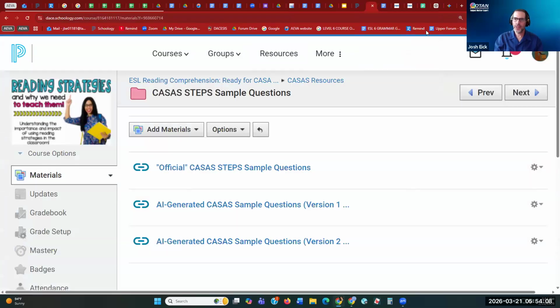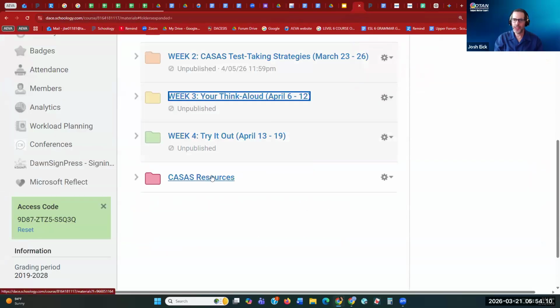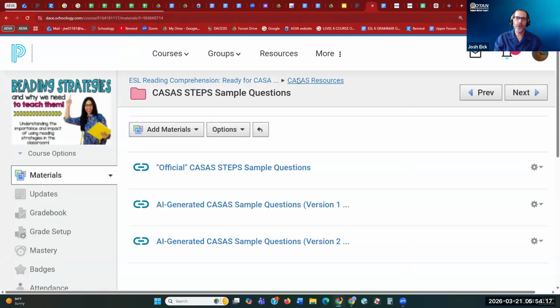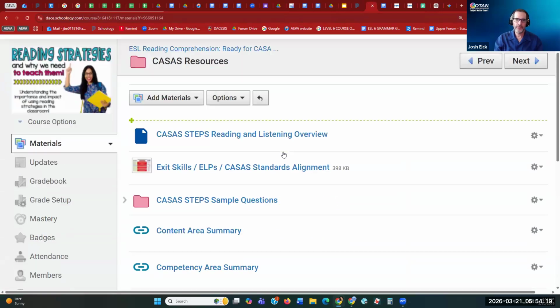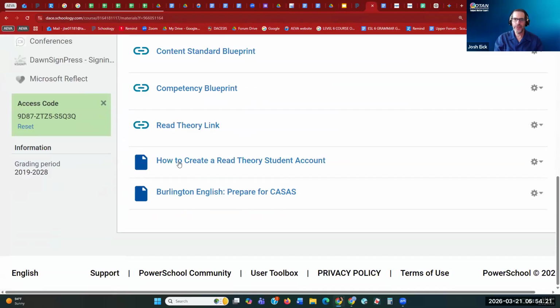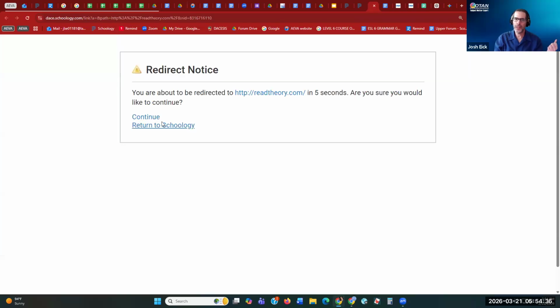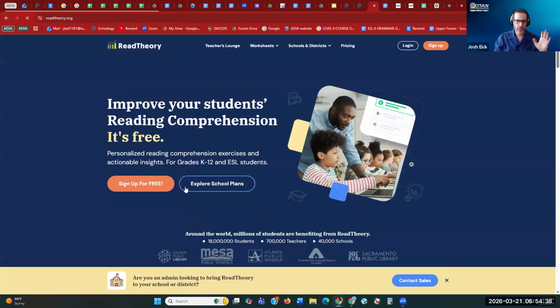In the CASAS resource folder, which is published, so everybody will have access right now, if you go to the bottom, I have a little instruction PDF on how to create a Read Theory student account. So that's for your students. They can create free accounts. And it also has a link to the website right there.